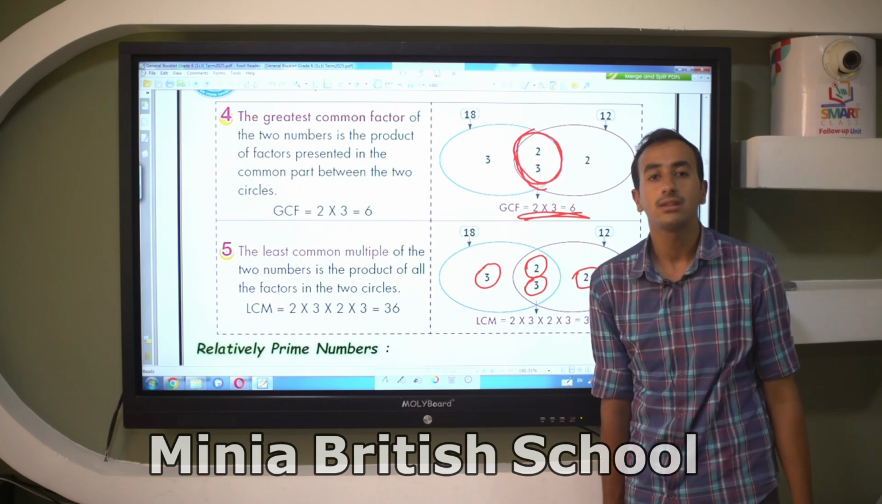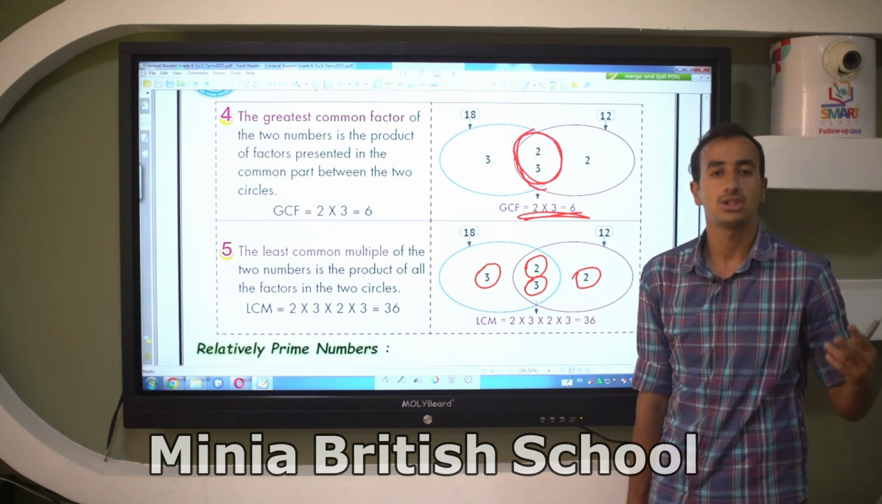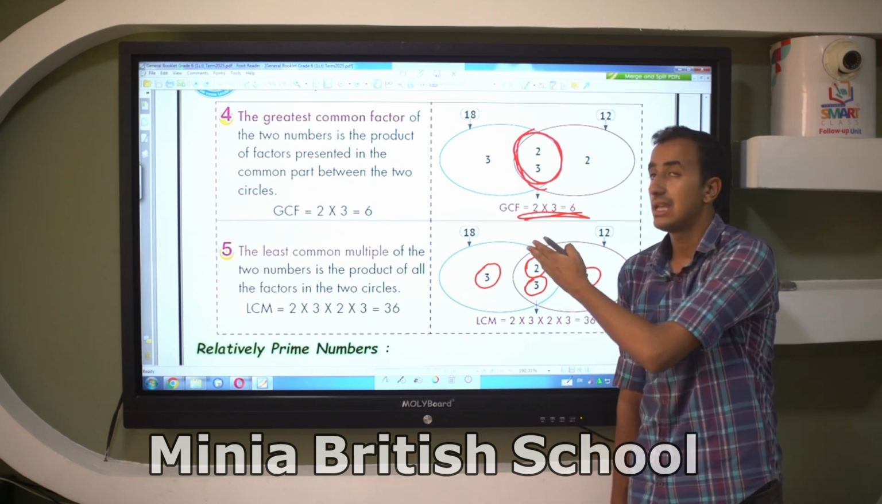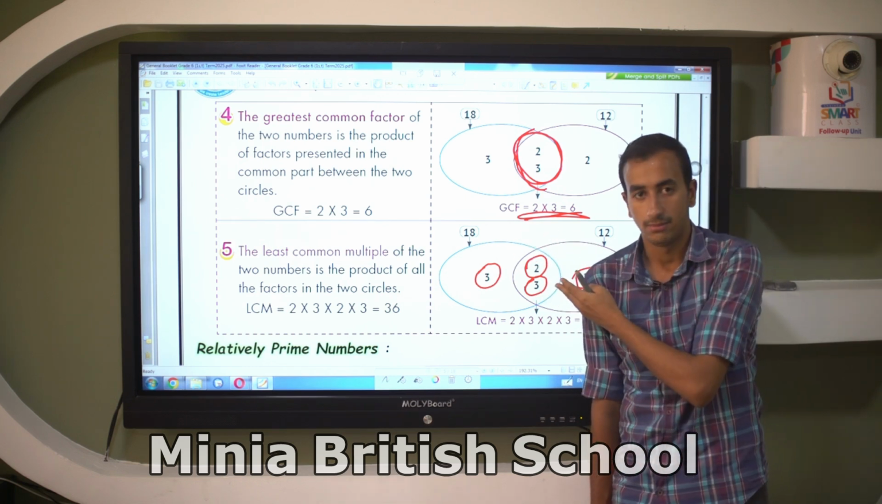So we can find the GCF and the LCM of any two numbers by using this Venn diagram. Okay,